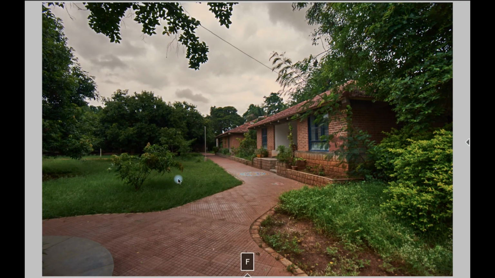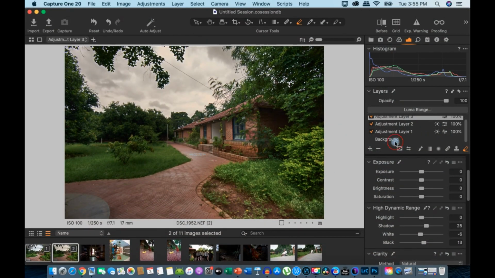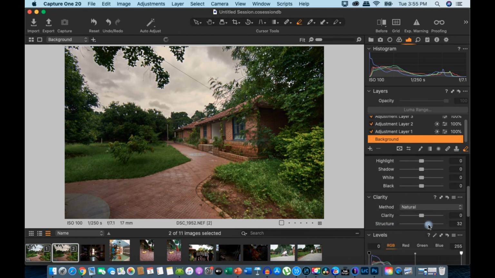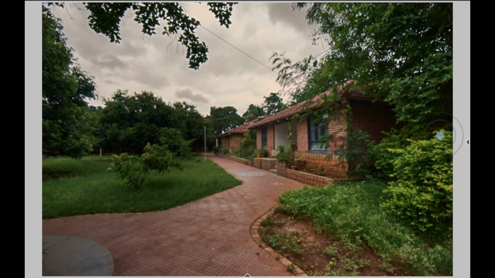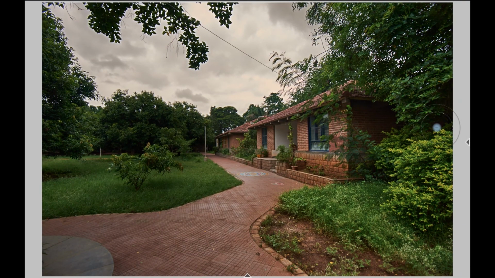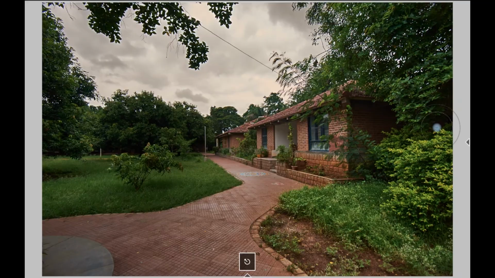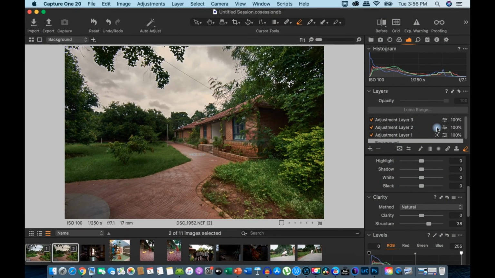color tonality. And what we can further do, in fact, we go to the background layer and apply structure to the overall image, so it will pull out a little bit more structure. There we go. So this is the local edit file, this is the global edit file. For me, as my personal taste, I liked the file edited only with the local adjustments.